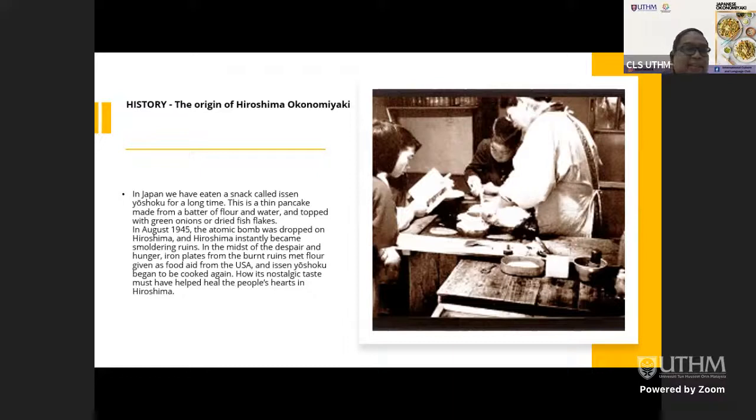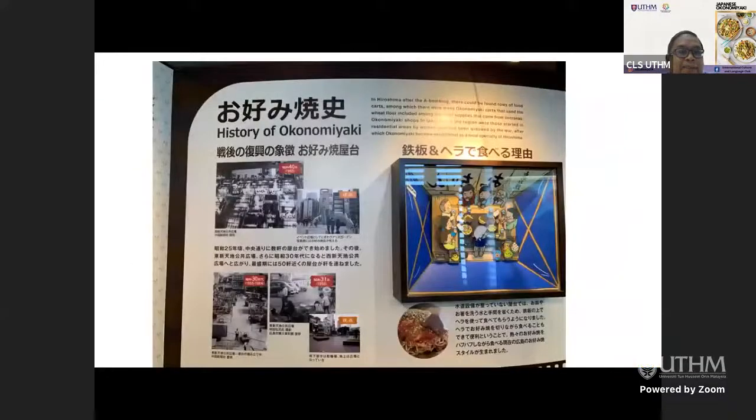So this is where it started. Okay, so you can see this is the photo. This is a very modern photo. What else do we have? Okay, it may be difficult to see. This is the situation in Hiroshima at the time, where there was nothing. They made only stalls, like our gerai stall in Malaysia. Around Hiroshima city, everything had been flattened.